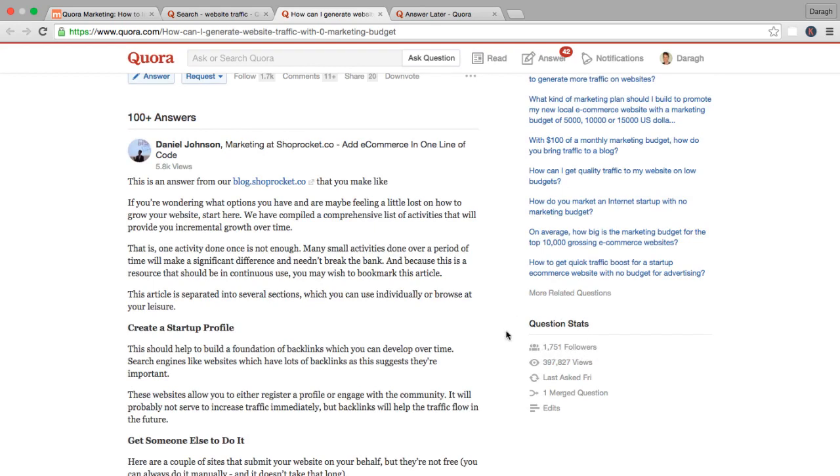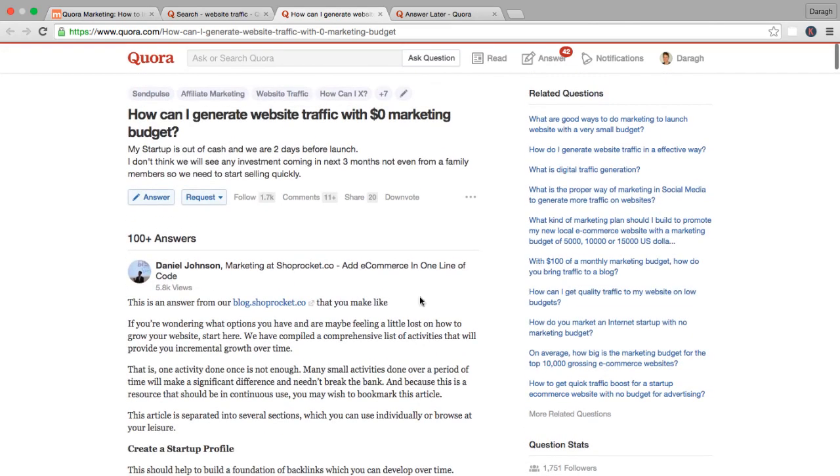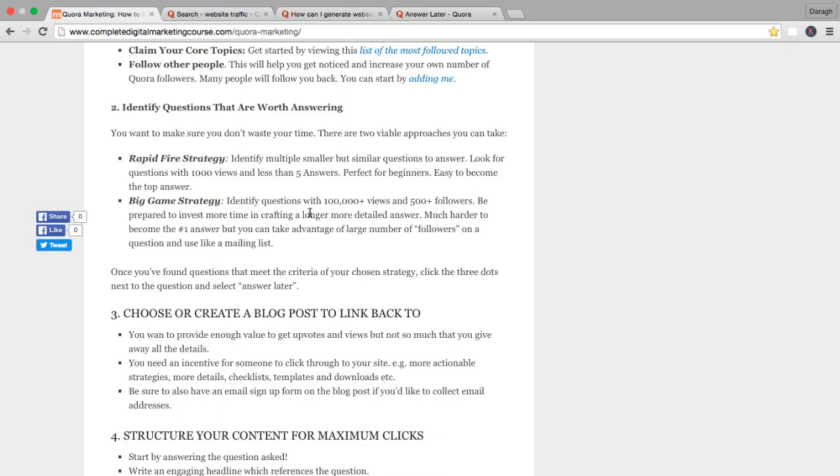So I haven't explained this yet. What are the followers? Essentially, when somebody updates an answer to this question, all 1,751 of these people will get a little notification up here saying that a new answer has been added to question X, and so then they can go and check it out. So that is the other approach, the big game strategy. However, be prepared to invest a lot more time crafting a more detailed answer.